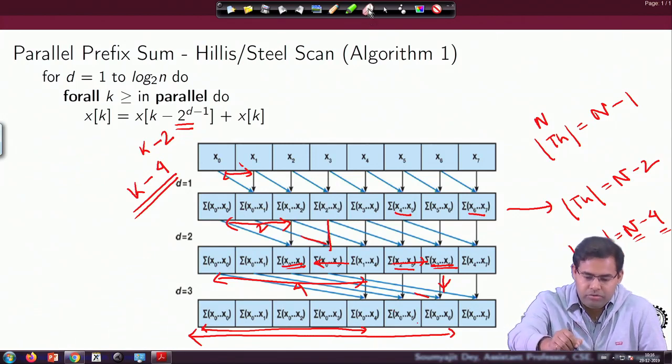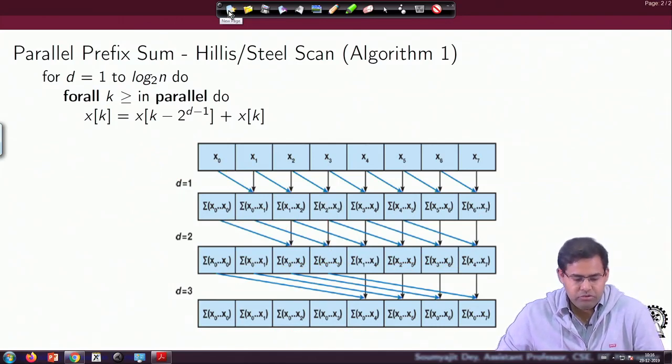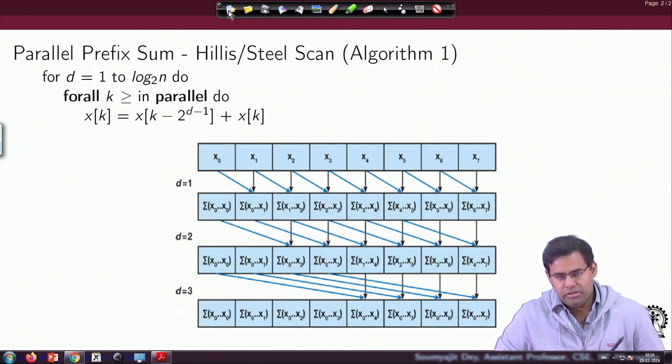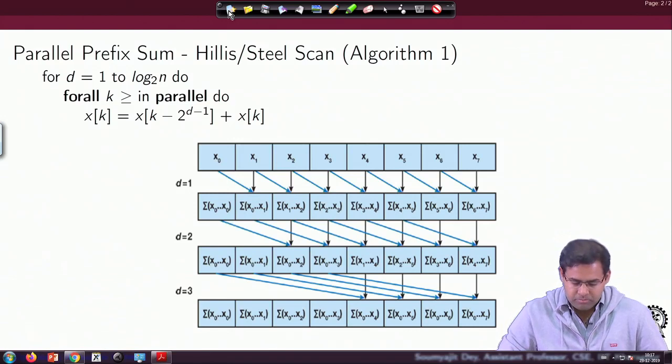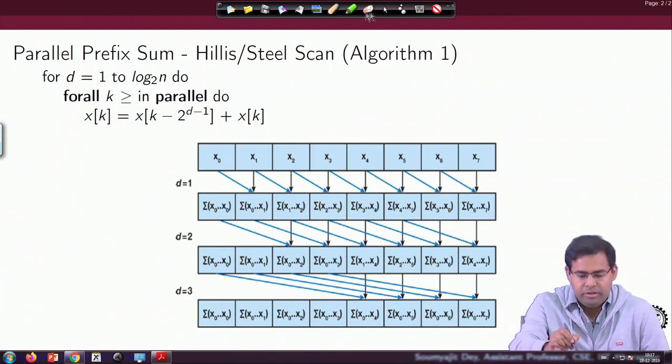We are not going into the formal proof because that would be more a part of our algorithm course, but all we are trying to introduce here is how the algorithm works. It's easy to figure out. Every thread adds its neighborhood values at the shortest distance, and then in the next iteration it adds the values already accumulated in the neighborhood, and next it goes on increasing its horizon. Finally, the way the accesses are designed, every thread will end up computing the values from the initial up to its location.